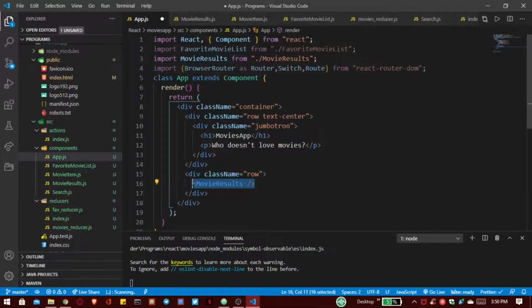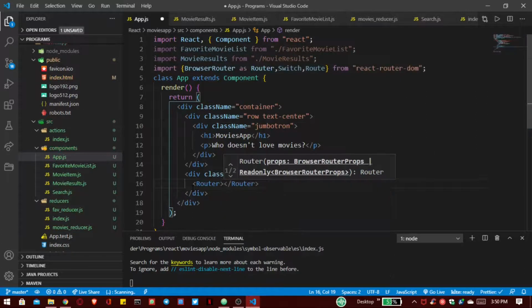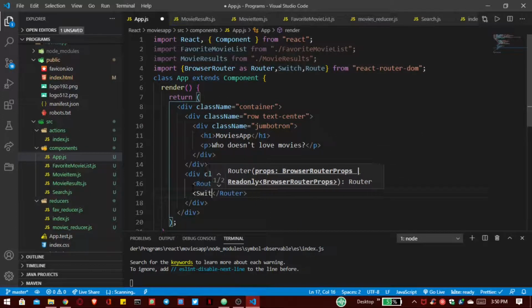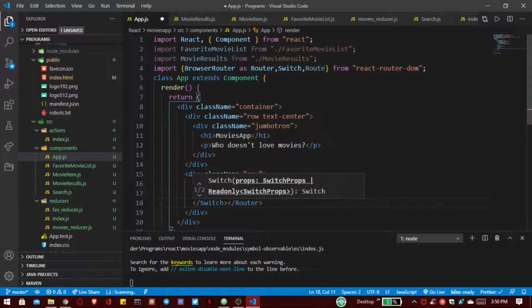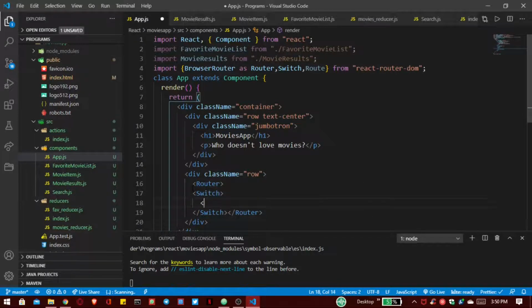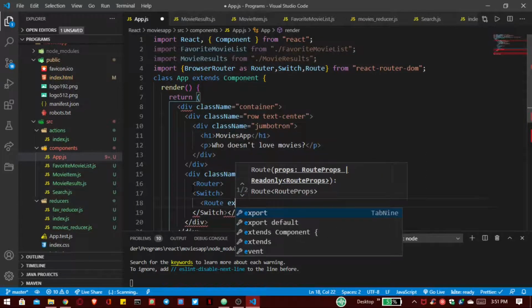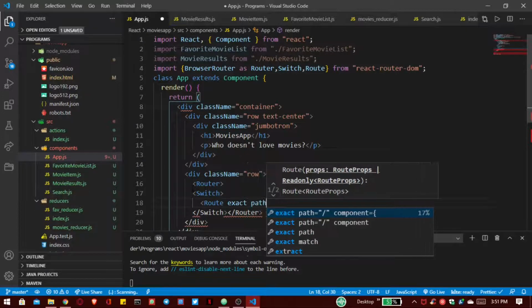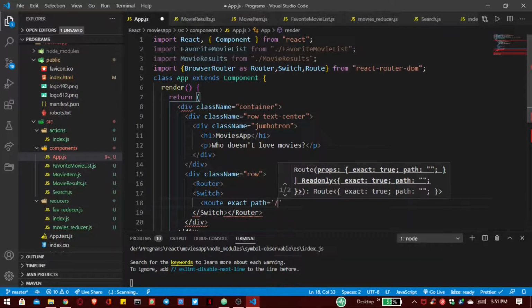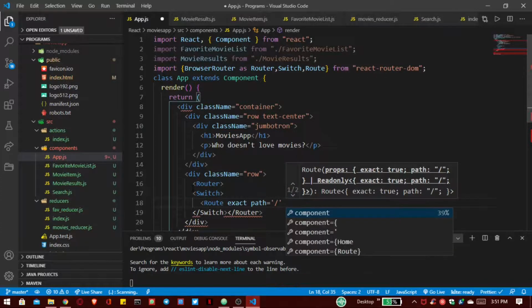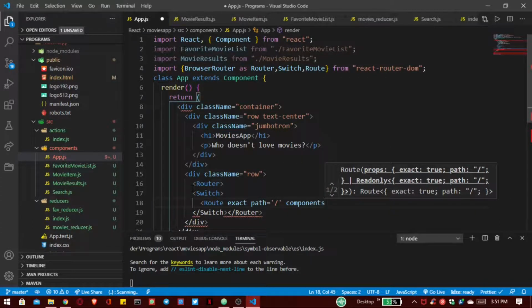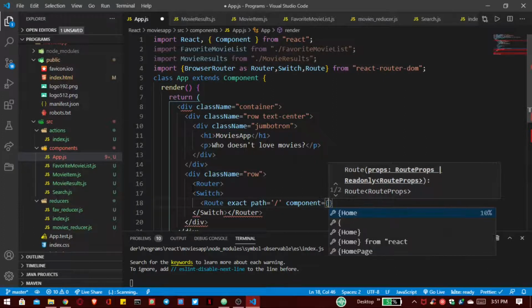Now inside this div, let's use our router so we can route between our components. Here we have to add the switch functionality. Inside this, first we have a route with exact path, that is by default slash, and the component for this is movie results.